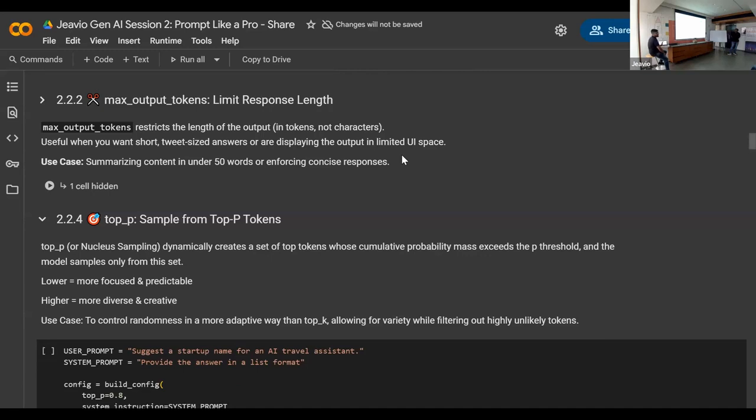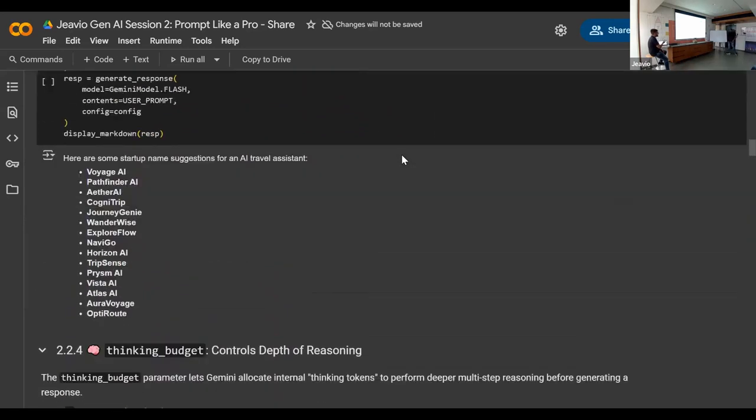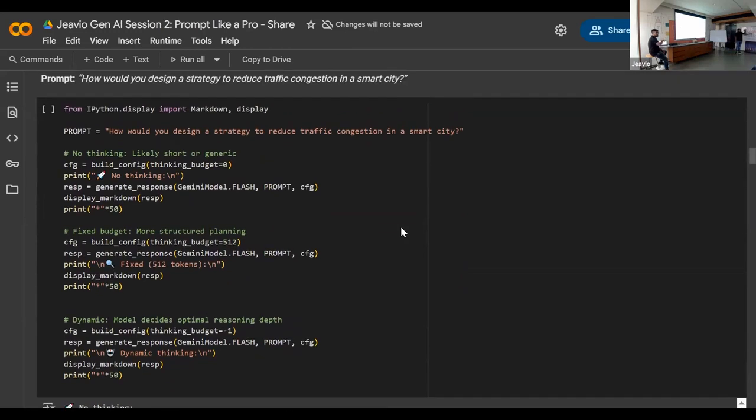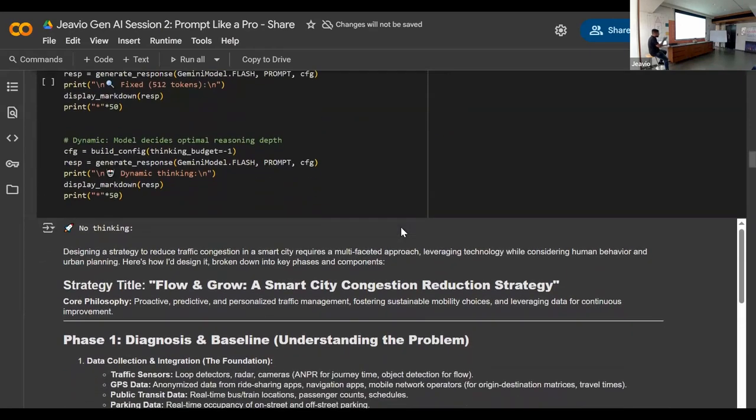Another is the thinking budget. This is very specific to what Gemini provides. Gemini out of the box has reasoning. If you tune this parameter, thinking budget, it would use it to reason about your input first and then provide the answer. If you have seen any of the reasoning models out there, ChatGPT or Gemini, there's a thinking section where the LLM would think first and then provide you the answer. It is the same thing where you tune the parameters so that the LLM could reason first and then provide you an answer. So you have a high probability of getting a good result as we are also allowing it to reason about it. We'll cover more about it in COT, how we can tune it via prompt.